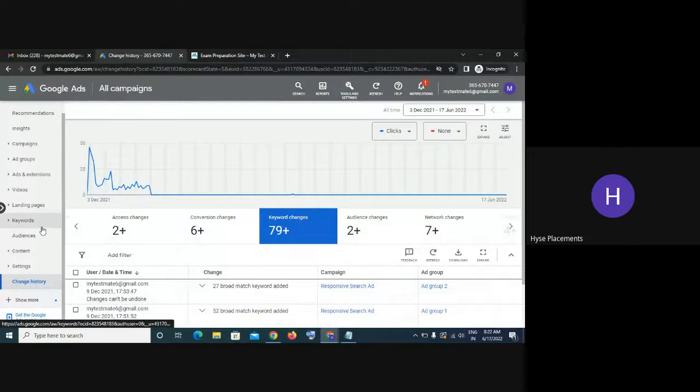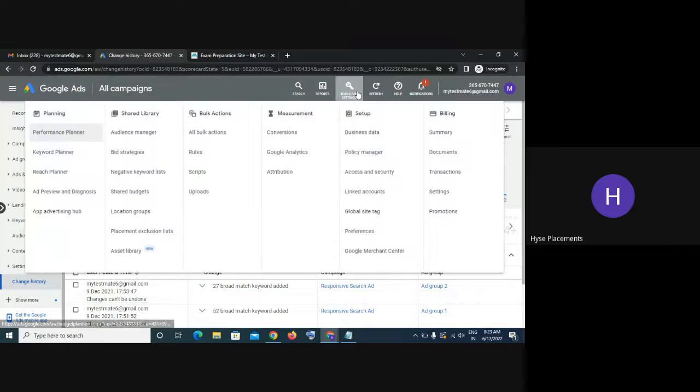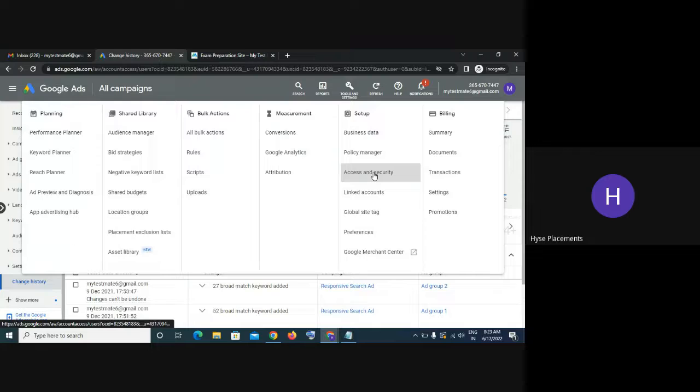This is a very helpful feature, and questions will be asked from this in the exam. Suppose you have noticed a change in your campaign performance. How will you identify what changes brought that change? As you are working, other people also may have access to your account. How do you know the access to your account? If you go and see access and security,